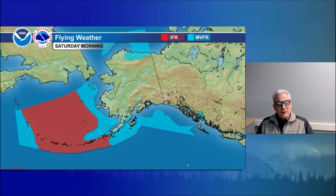And also some marginal VFR kind of shifting in across Fognak and eastern Kodiak Island down to Sitkinak. But the North Gulf Coast, good VFR. Same thing for the Panhandle. Some marginal VFR over toward Hyder and Stewart. IFR, pretty widespread from St. Matthew Island to the Pribilofs, westward to just north of Shemya and Attu, and eastward to the southern western Alaska